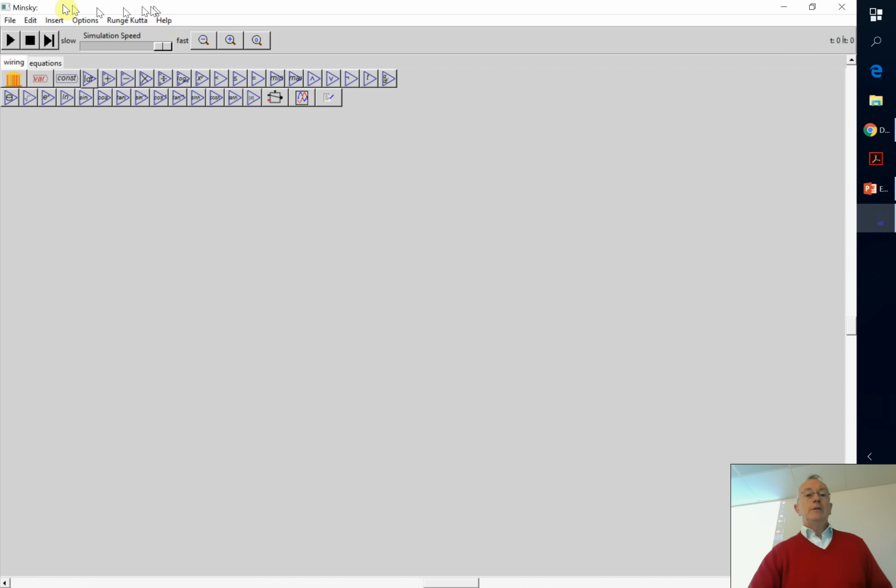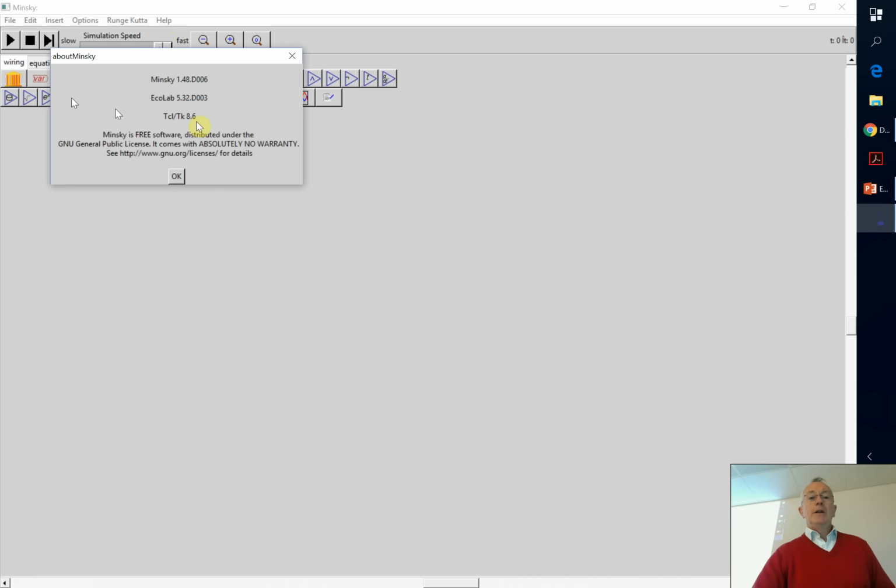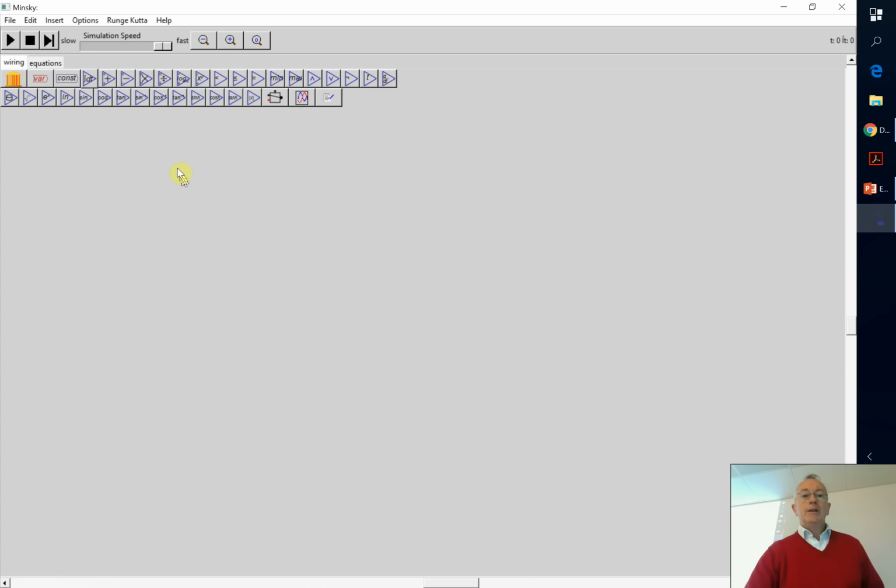The only way you're going to know a difference is if you go to File, About, it tells you the versioning number here. That's the coding that Russell uses: the 1 is because we still regard ourselves as probably approaching version 1 rather than being at version 1. The 48 is the development cycle, and D006 is the actual iteration within the number of beta development cycles it has been through producing this particular beta. That's it. So we've got it running there.